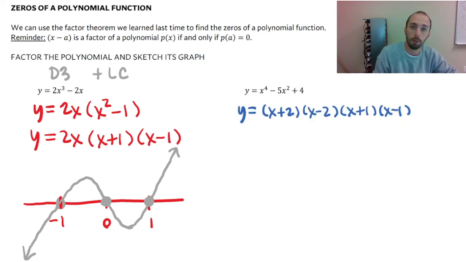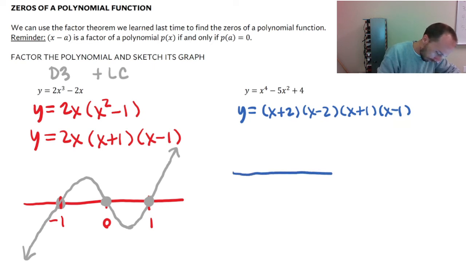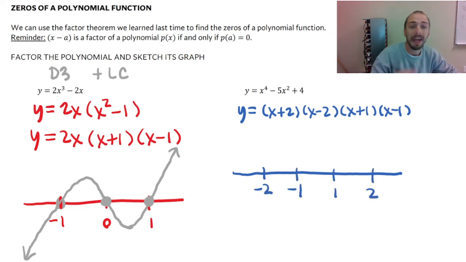All right, so we already factored the ones. I just copied in the result, and I'm going to go over here on an axis. So negative 2, negative 1, 1, and 2. And I know that negative 1 and 1 have more distance between them than 1 and 2, but